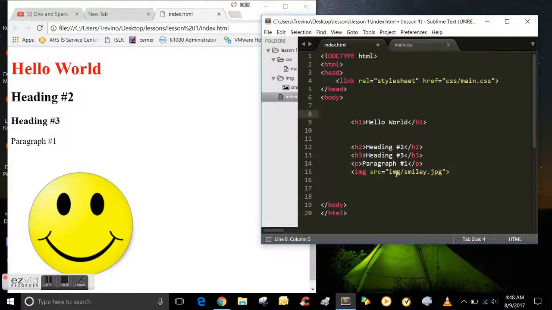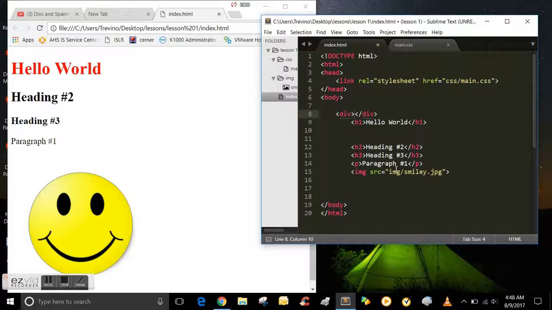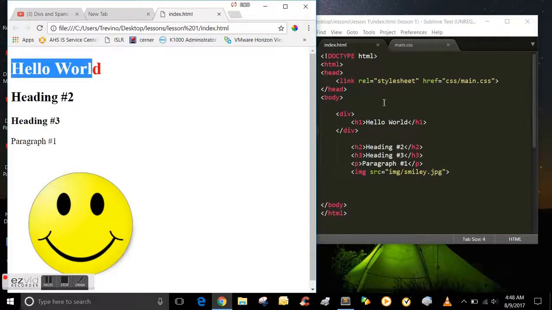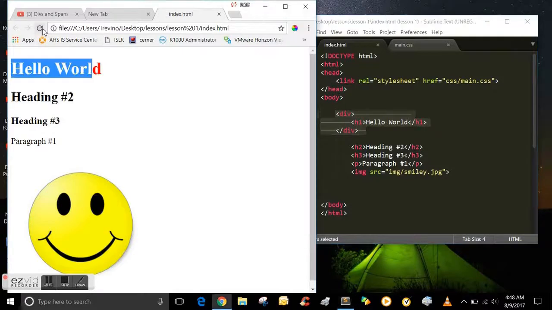A div is basically kind of like a section, but I don't want to use the word section because there is a whole different tag called the section tag that you could use in HTML. A div is something you can put stuff in and do styling around only that specific area of your website, so the rest of the website is not affected. So now there's a div around the first heading tag right there,